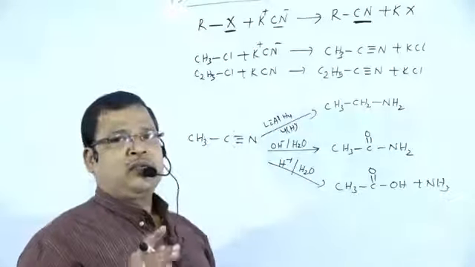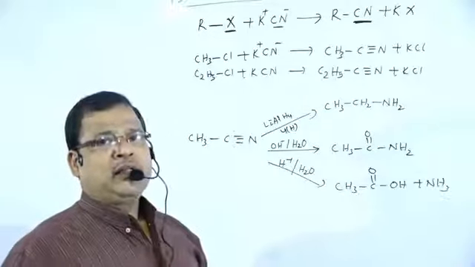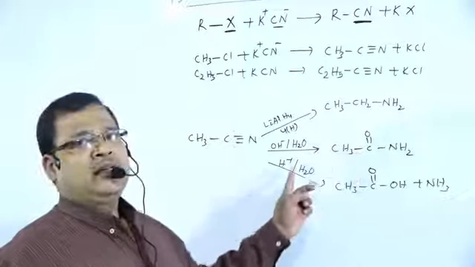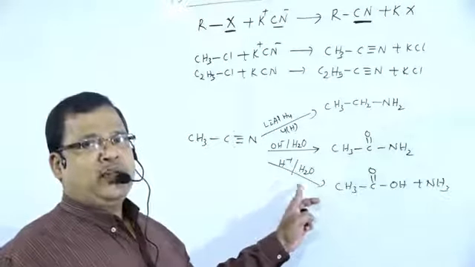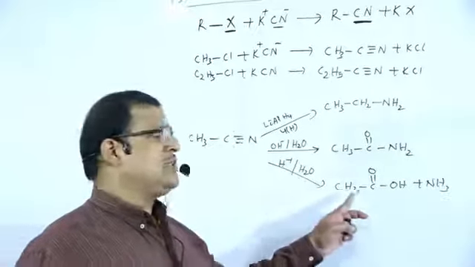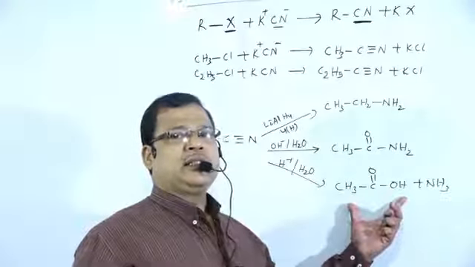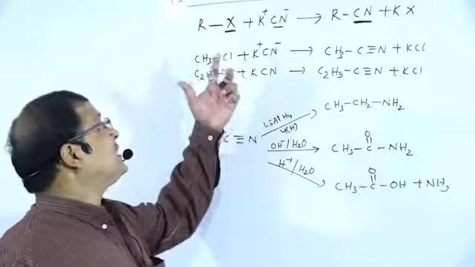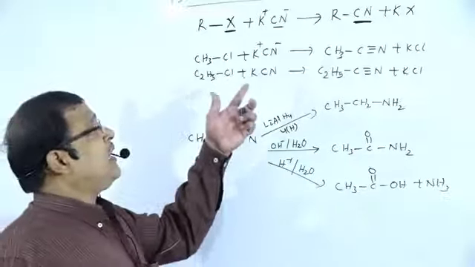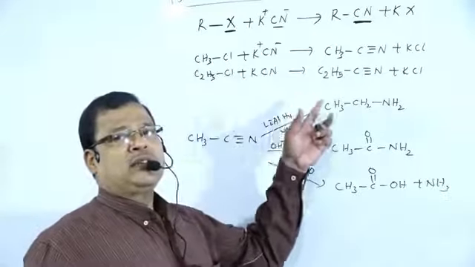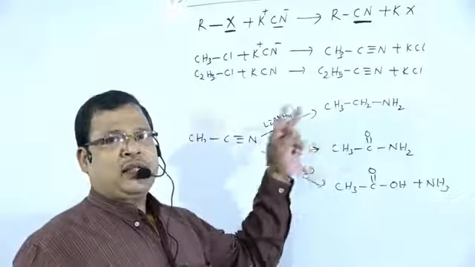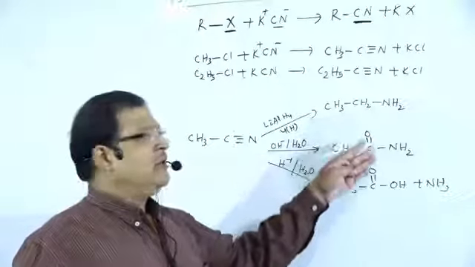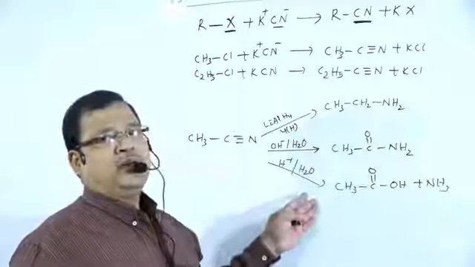If it is subjected to reduction, there is the formation of primary amine; base hydrolysis forms acid amides; and acid hydrolysis, that is complete hydrolysis, results in the formation of acetic acid, a carboxylic acid. So this is how potassium cyanide reacts with alkyl halide, where CN minus acts as the nucleophile that replaces the halogen, and after the formation of alkyl cyanide, different products are formed under different conditions.